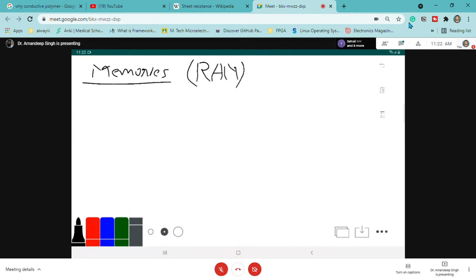ROM is a fixed memory that is not much used in your laptops also. ROM is there, but ROM is not that big. All your hard disk, whatever RAM you use, 4 GB, 8 GB, that is basically RAM. Your hard disk is also RAM, because you can delete the data. ROM is used, but much research is going on RAM. If you look at research papers also, they design either SRAM or DRAM.